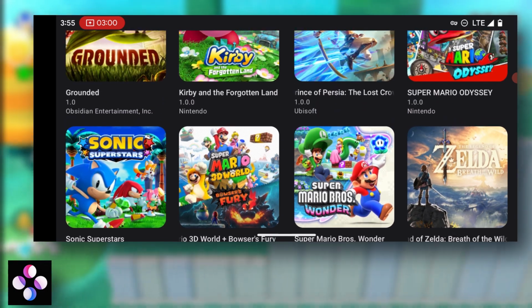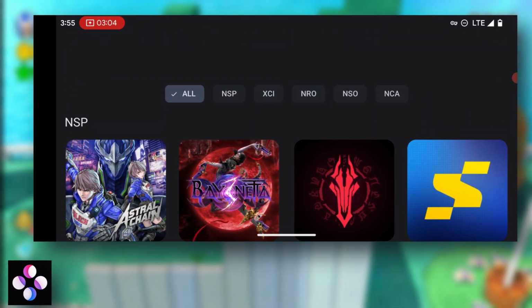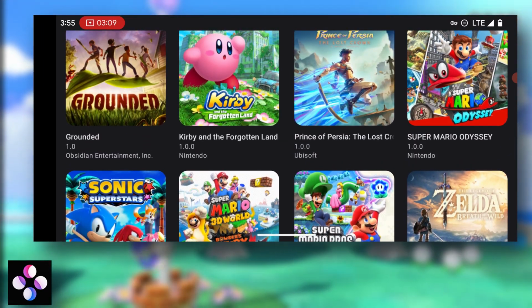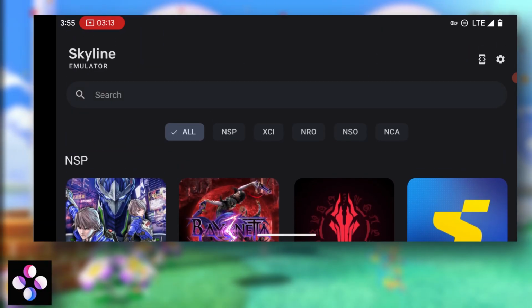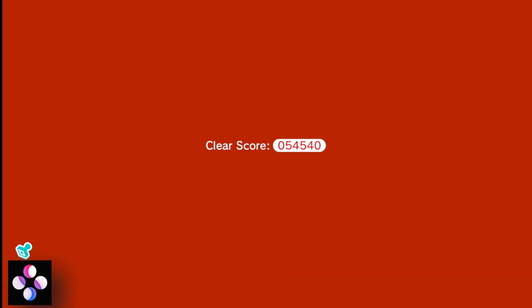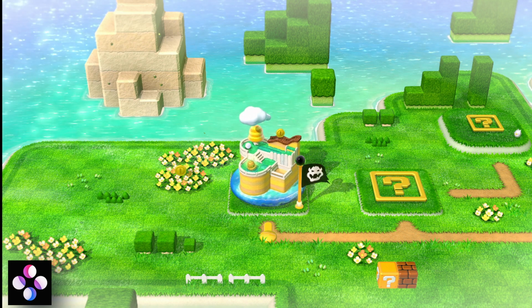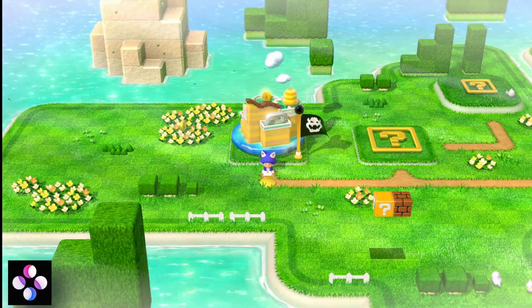However, because it's constantly evolving, you might encounter occasional glitches or compatibility issues with certain titles. So the installation is straightforward. Download the APK from the official Skyline website or its GitHub page, install it on your device and load your games file. Online guides and community forums provide plenty of help if you run into any setup issues, as many users share their experience and tweaks to optimize various games. This makes it a solid choice for those with a 4 GB device who want to experiment with Nintendo Switch